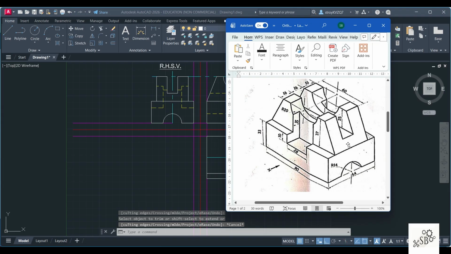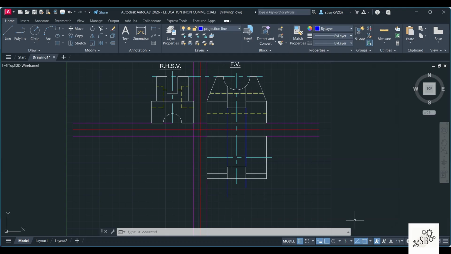Now as I told you, there was a slot inside. This width is 16 and this length is what you require. So for that, you will have to again take a projection of this line, because this was a slot that we had drawn.